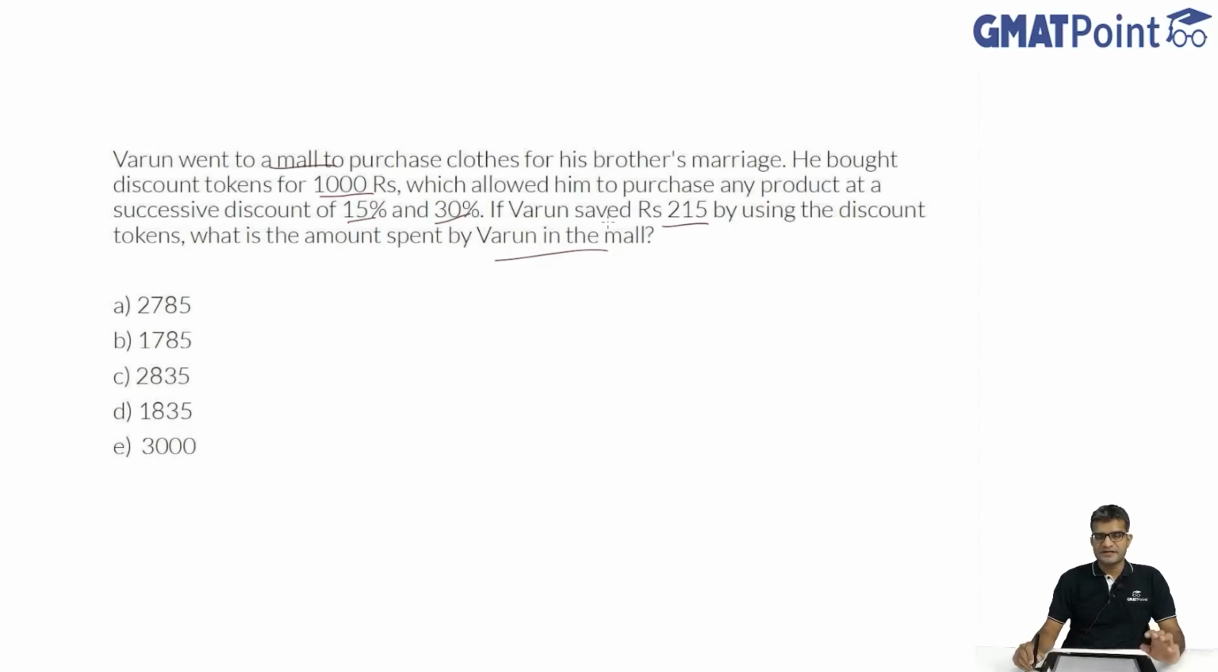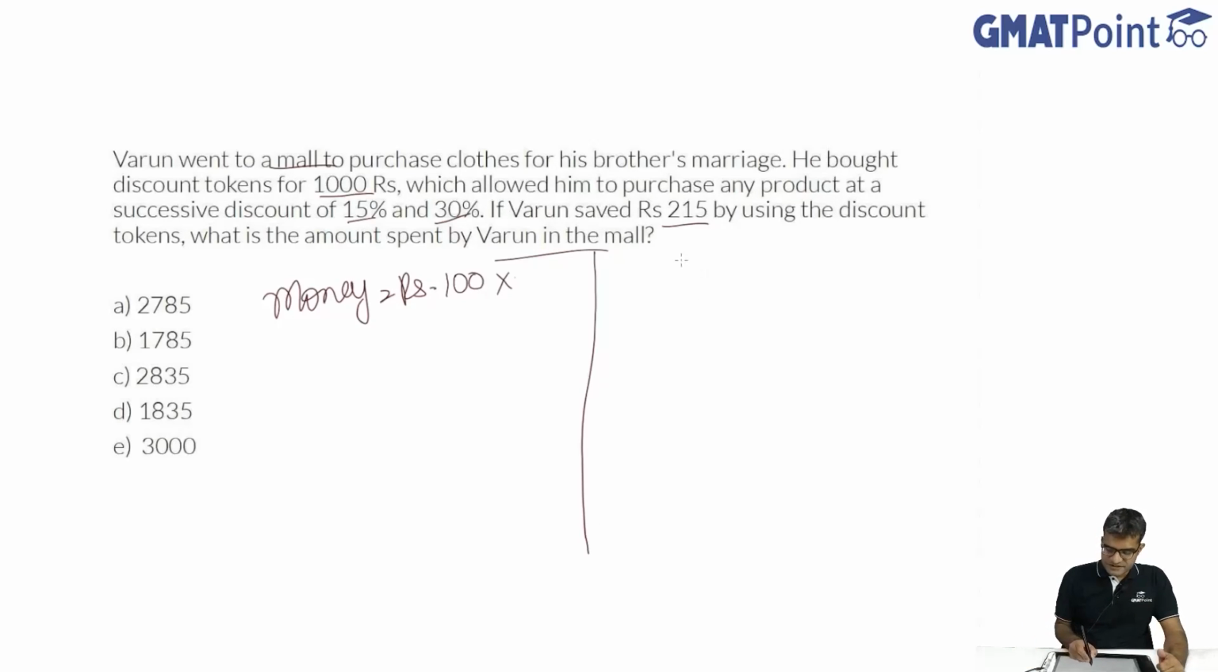Let us assume that the amount of money that he came to the mall with is say rupees 100x. This is the money that Varun came to the mall with. If he did not purchase these discount coupons, he would have spent rupees 100x. But because he purchased these discount coupons, he spent rupees 1000 on them, but he got a successive discount of 15% and 30%. When he is getting a successive discount of 15% and 30%, what is the total discount